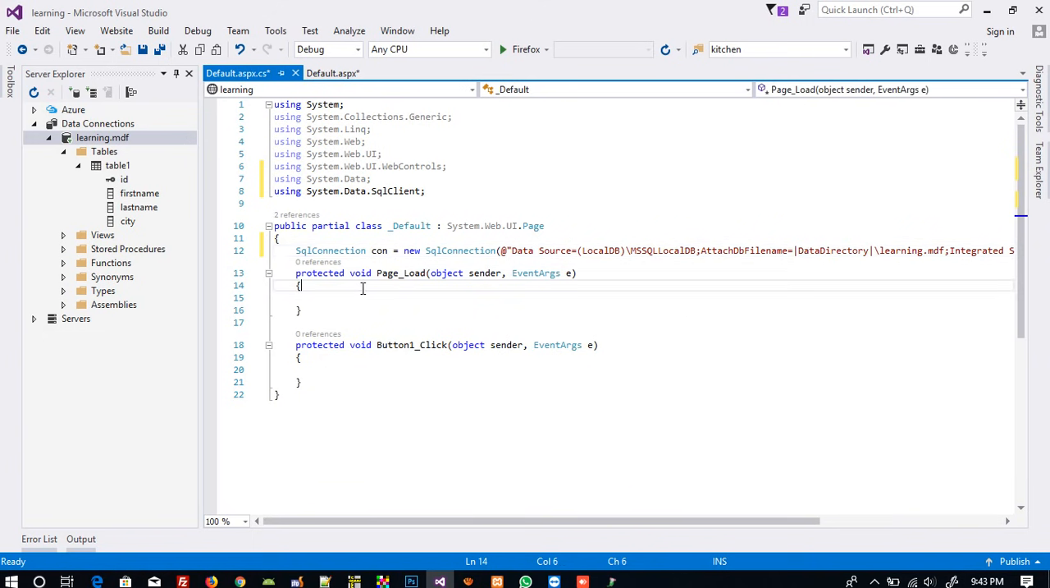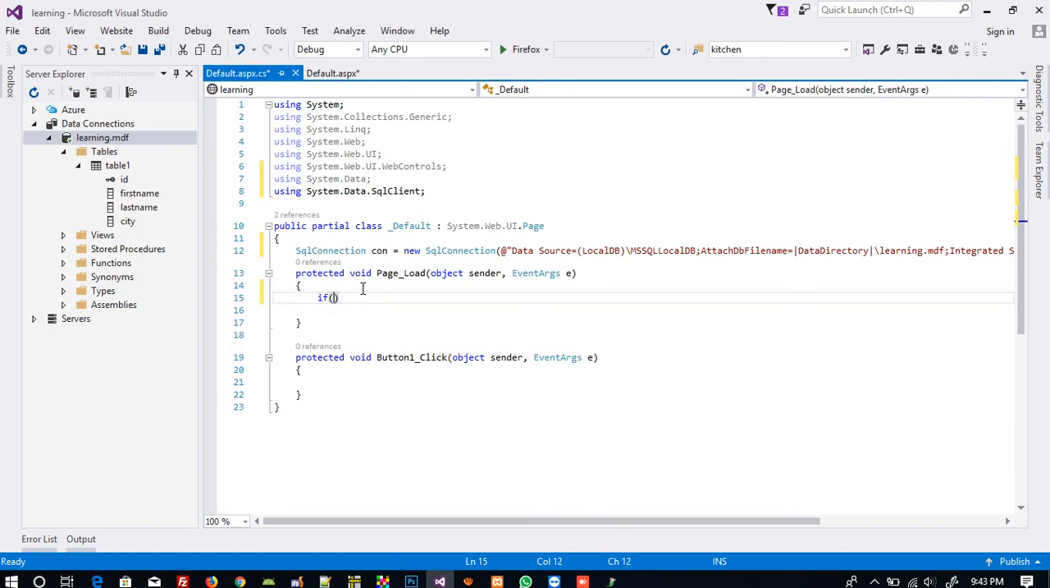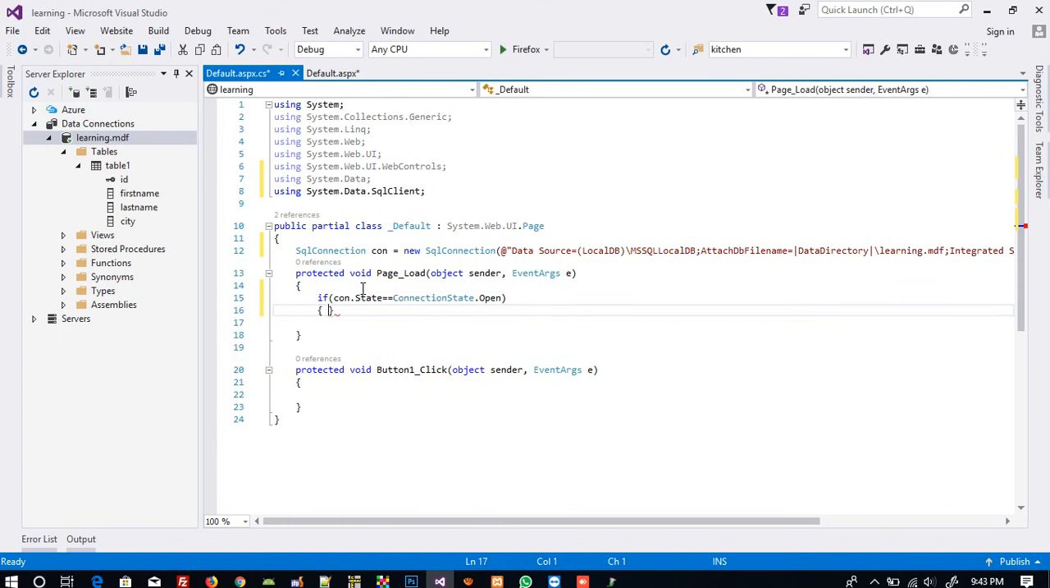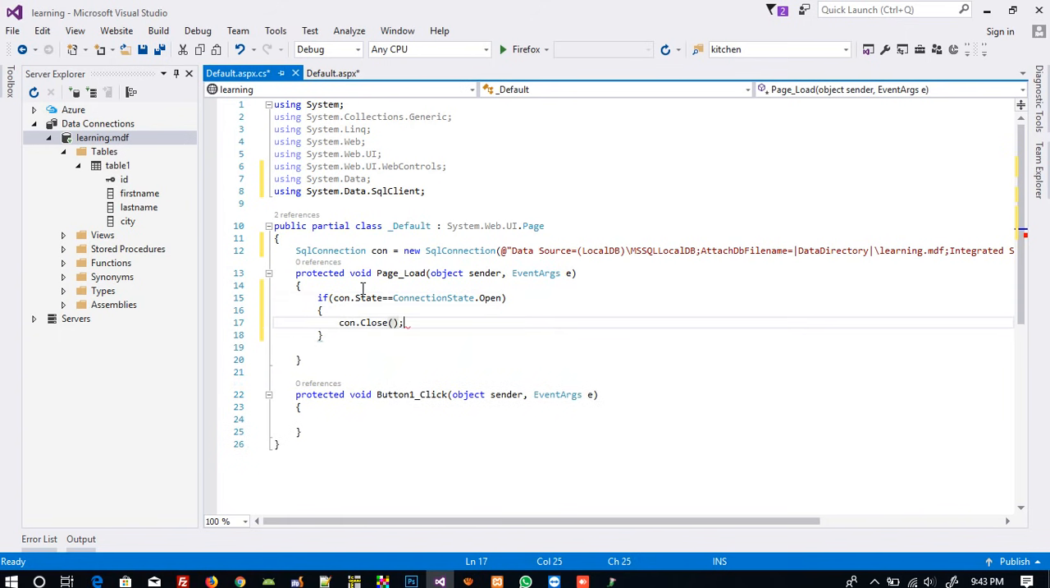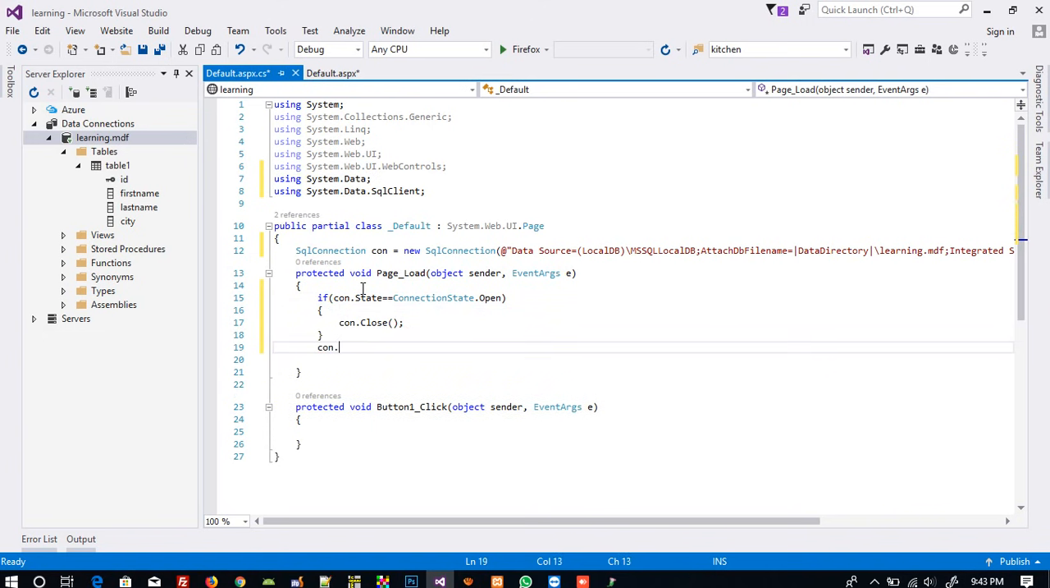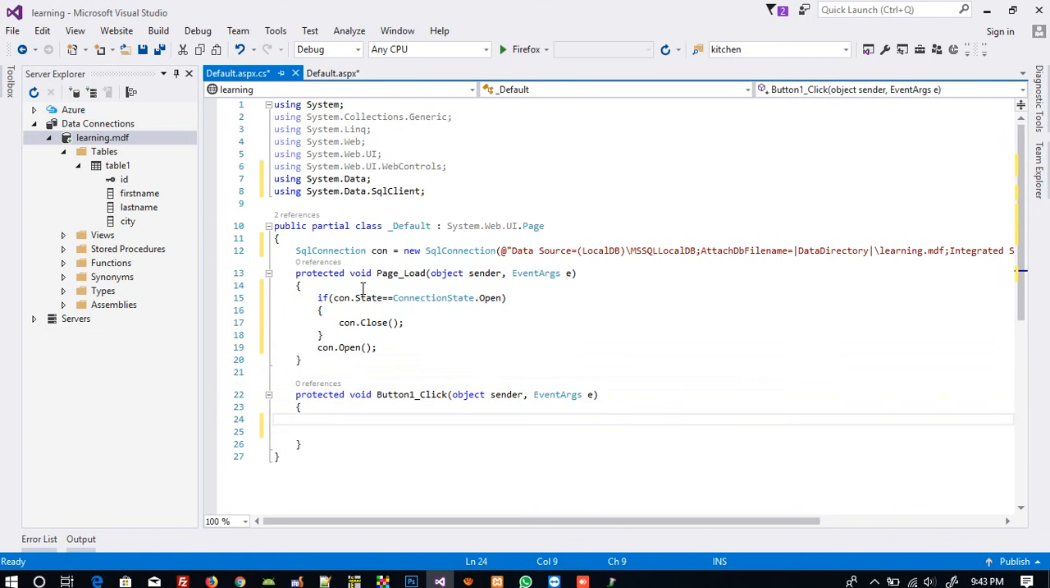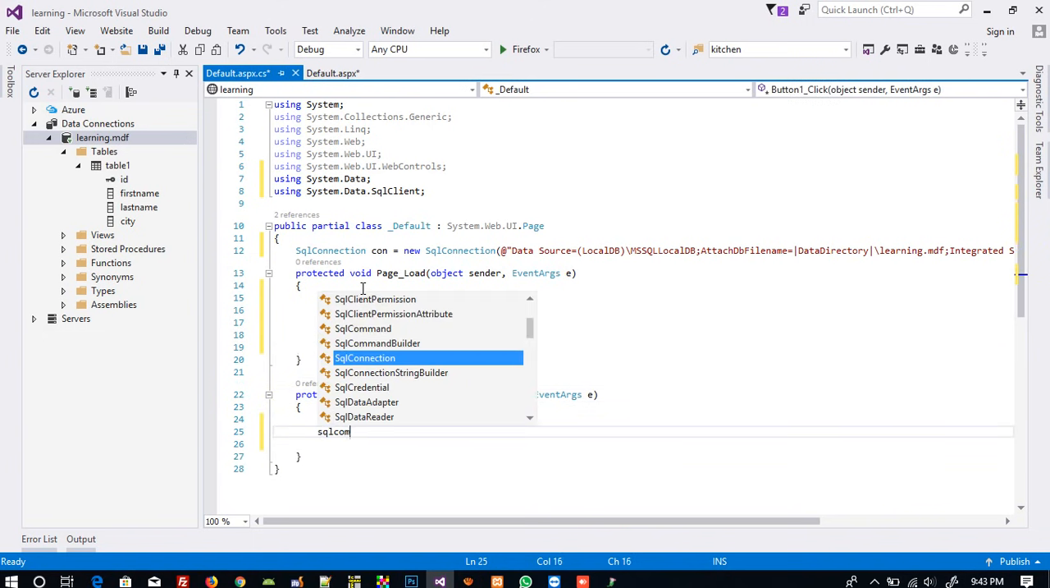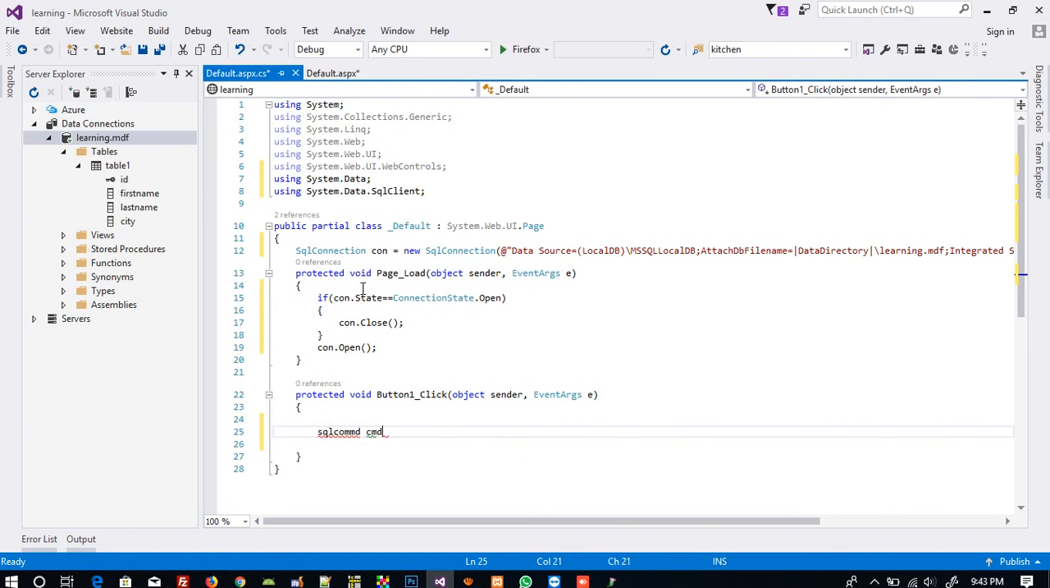That's why. Now here we need to check if connection state is equal to ConnectionState.Open. We are going to start an open connection in the Page_Load event, so we do not need to open and close it again. Now here we need to perform the insert operation. So SqlCommand cmd,